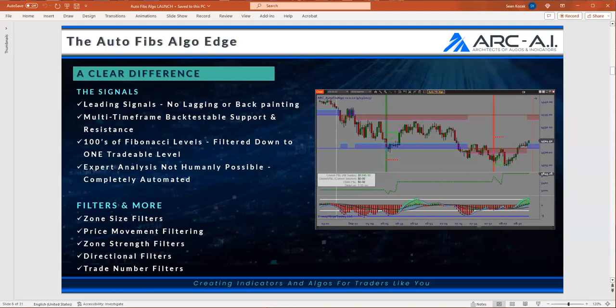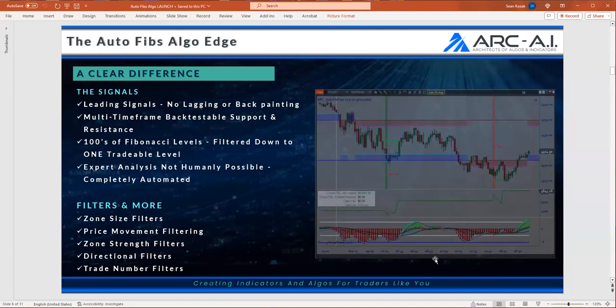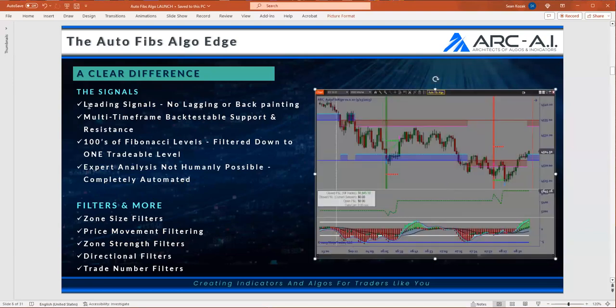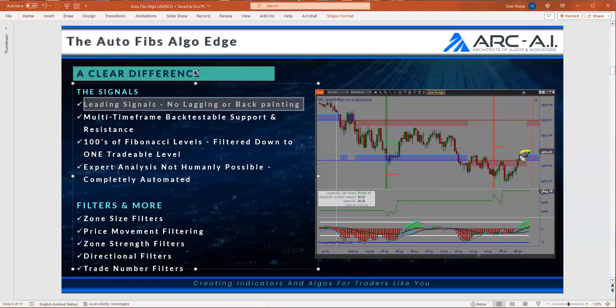What's nice about this, and I'm just going to get right into the real core foundation of this and why I feel that this is so valuable, is that the number one thing that makes this different than every other algo we've ever built is that it's not to do with lagging data. If I'm trading right here on a chart, I can see in advance where the trade is. The market doesn't have to happen for me to know where the engine is going to execute my trade. I know where the algo is going to fire out,